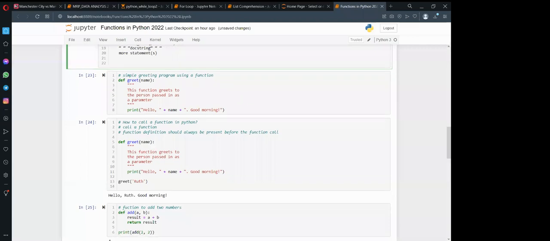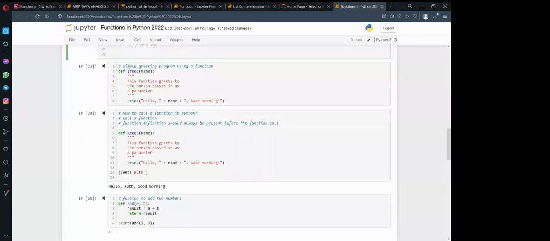So if you have already written your function, how do you use it? We say you call it. To call a function, you make it appear somewhere so that it can be used. Remember, we use the word reusable. You can take it somewhere else, you can call it somewhere. That we call calling a function.